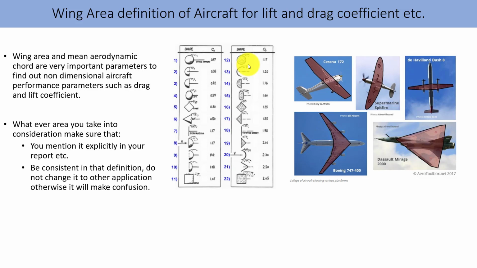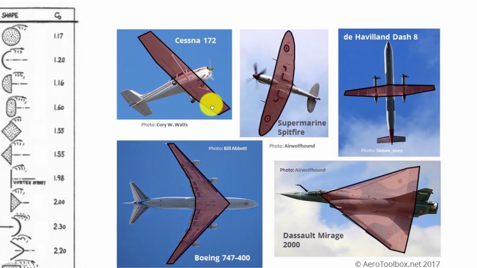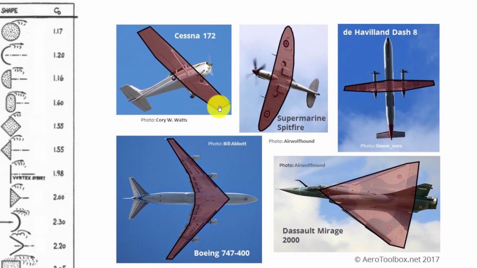It's a very important question whenever you want to conduct CFD: what should be the reference quantities, like the chord length and the reference area? Especially I'm talking about these quantities for aircraft simulation, full aircraft simulation. For example, here you can see there are different types of aircraft, and they have different types of wing geometries.